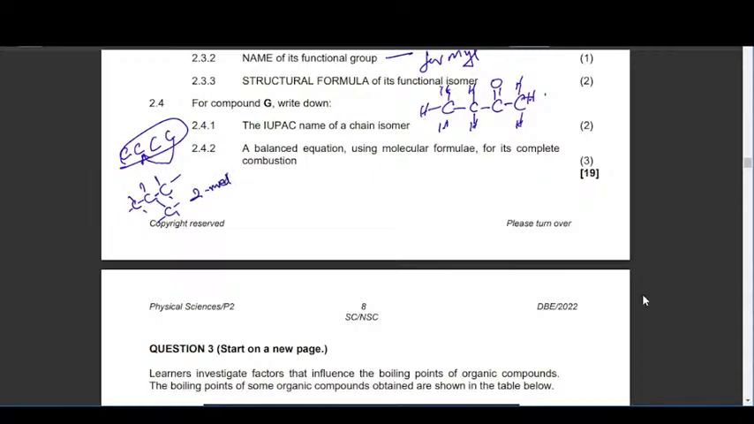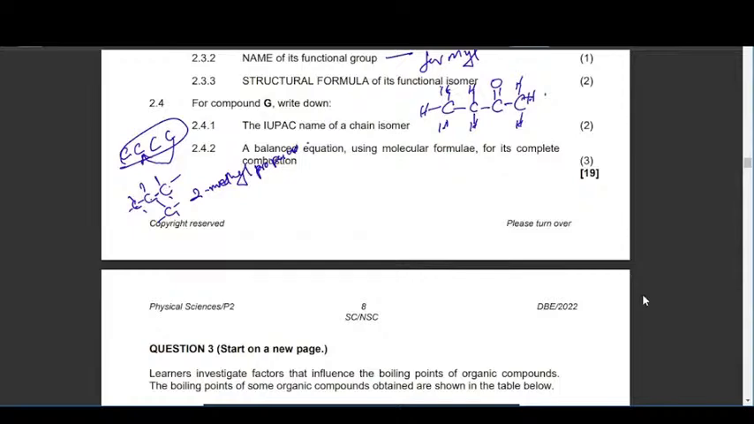2-methyl, yes, 2-methyl propane. So it's going to become 2-methyl propane. 1, 2, 3, which is propane. Yes, and then the branch is on carbon atom number 2. Then balanced equation using the molecular formula